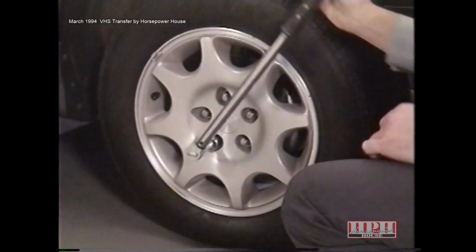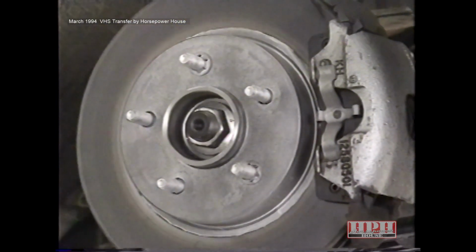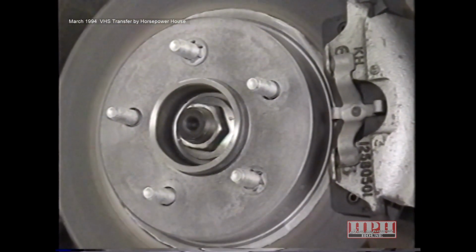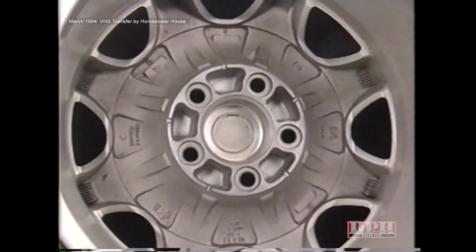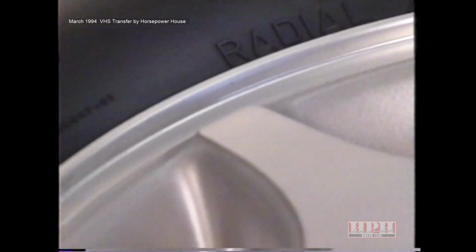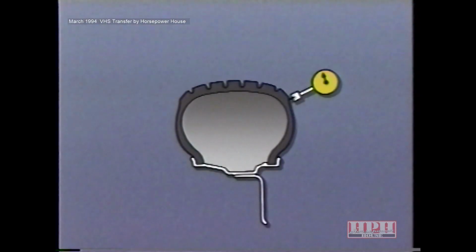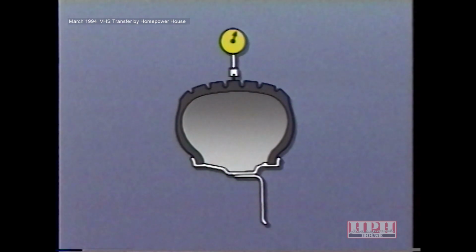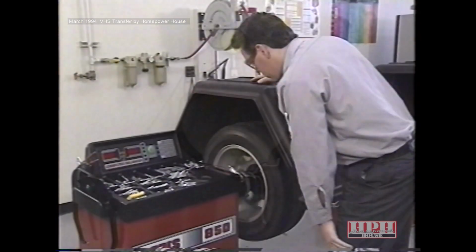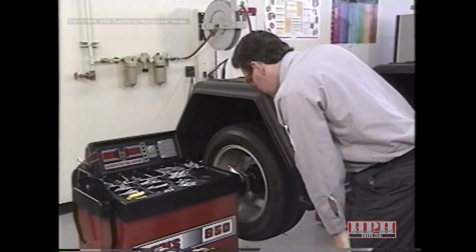Check that all the lug nuts are torqued equally and properly. Look for non-uniform mating surfaces, especially when dealing with aftermarket wheels. Differences in lug nut torque and non-uniform mating surfaces are also major causes of shimmy and brake shudder. And inspect the tire, making sure the bead is uniform. You will want to check for excessive lateral and radial runout on both the tire and the wheel. Excessive wheel hub runout is also a potential cause. And finally, check for tire imbalance.